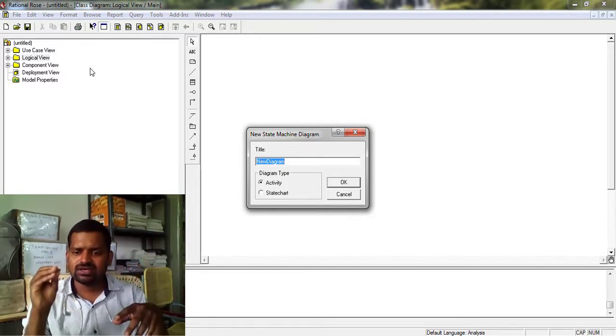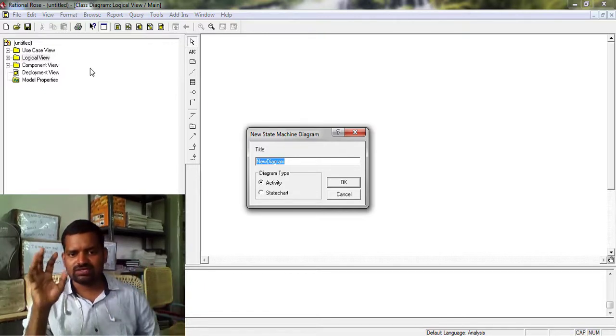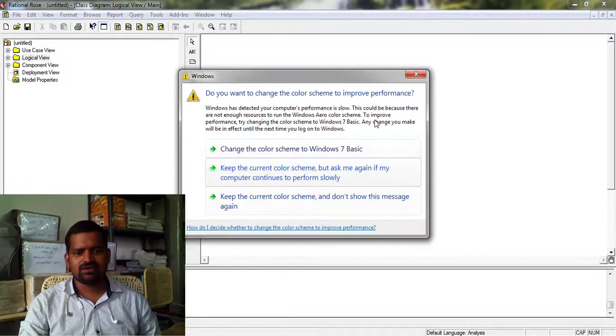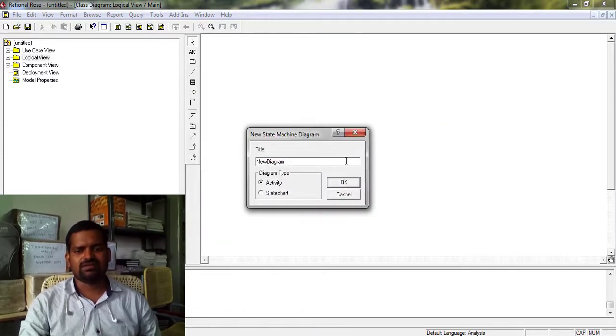Let us see how to draw an activity diagram. You can select the activity diagram, or otherwise the state chart diagram. Which one are we selecting? Activity diagram. Select activity diagram.